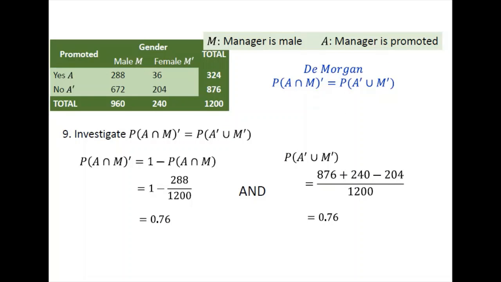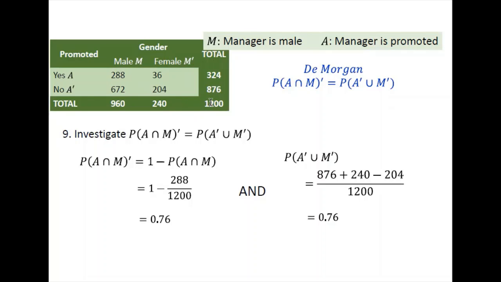Number 9, investigate whether the probability of A intersection M prime is equal to the probability of A prime union M prime. You remember that it's one of De Morgan's rules. So the probability of A intersection M prime, according to proposition 2, is 1 minus the probability of A intersection M. So AM